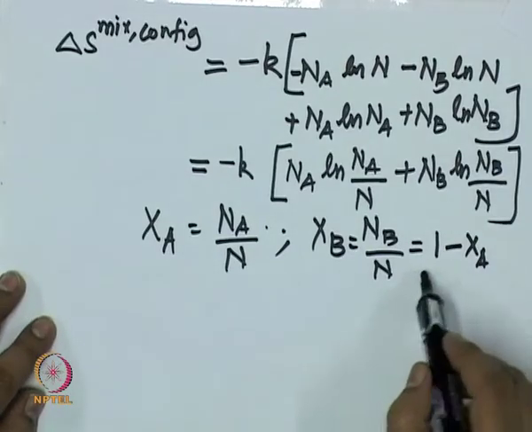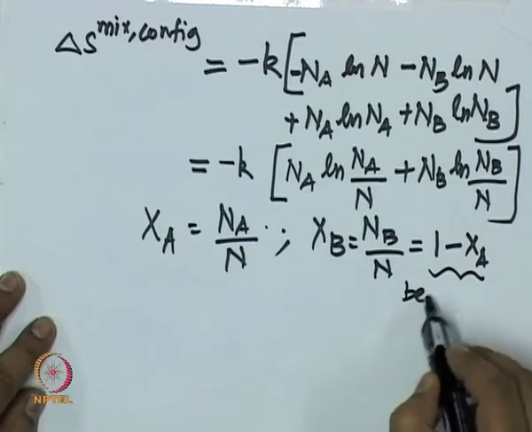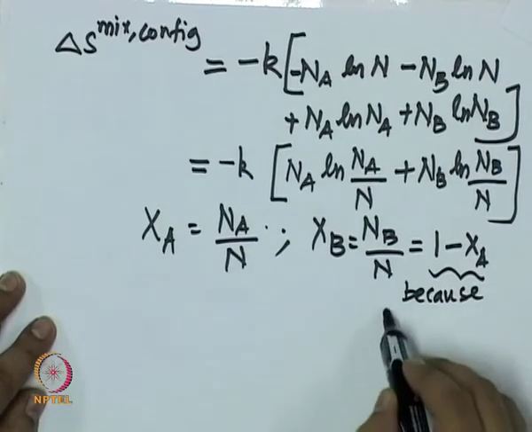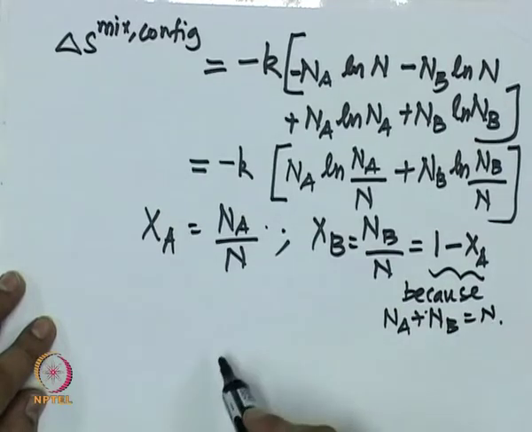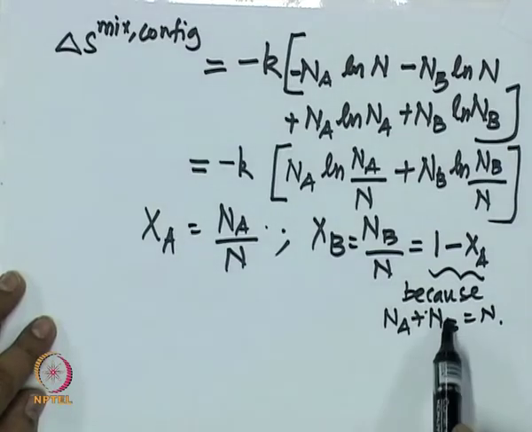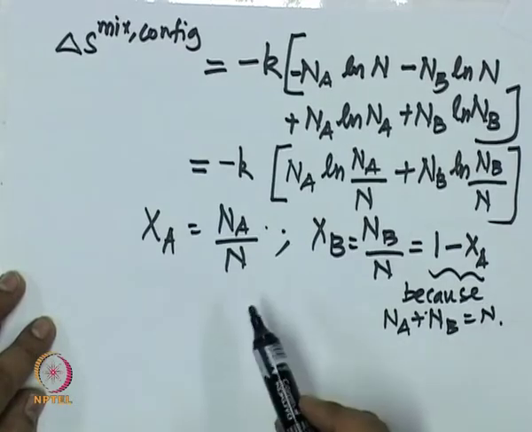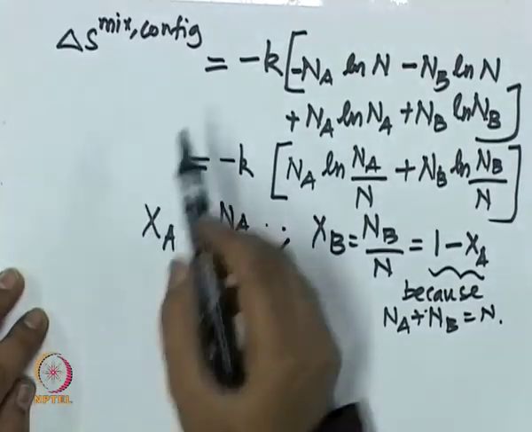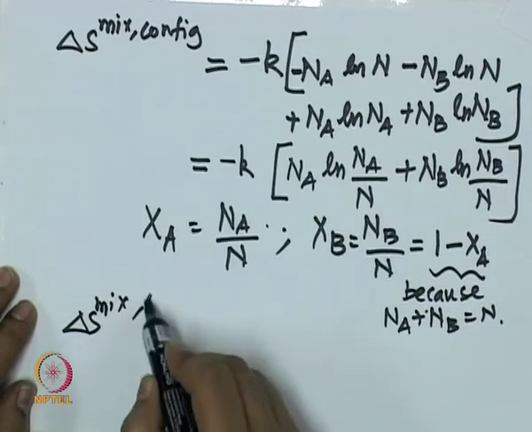So, why is this? This is because Na plus Nb is equal to n. So, if Na by n is Xa, then Nb by n will be 1 minus Xa, because we are dividing by n on both sides. Okay. So, we have delta S mix configurational